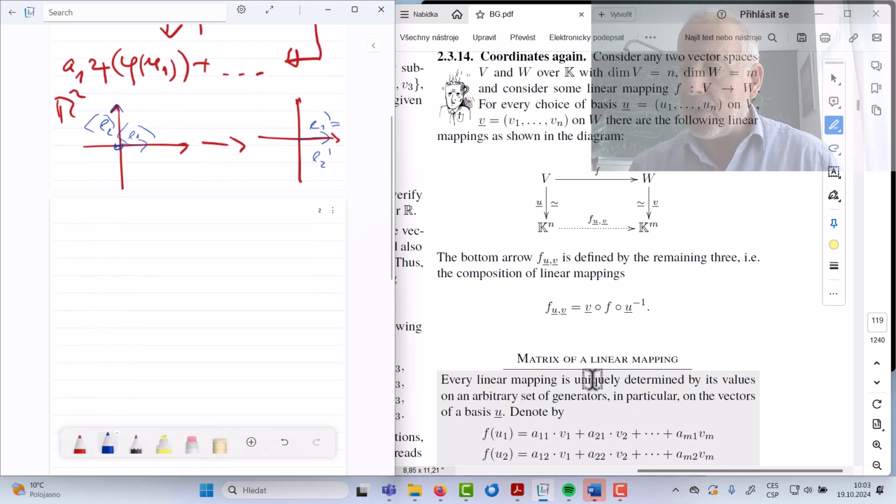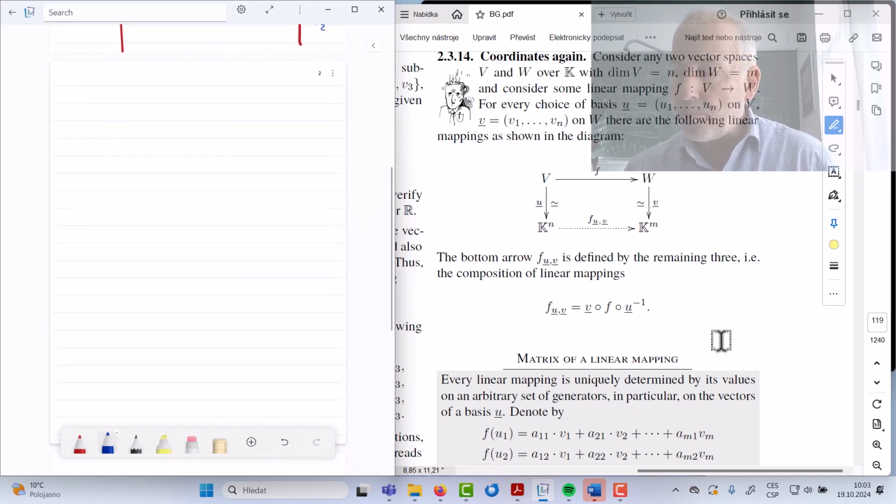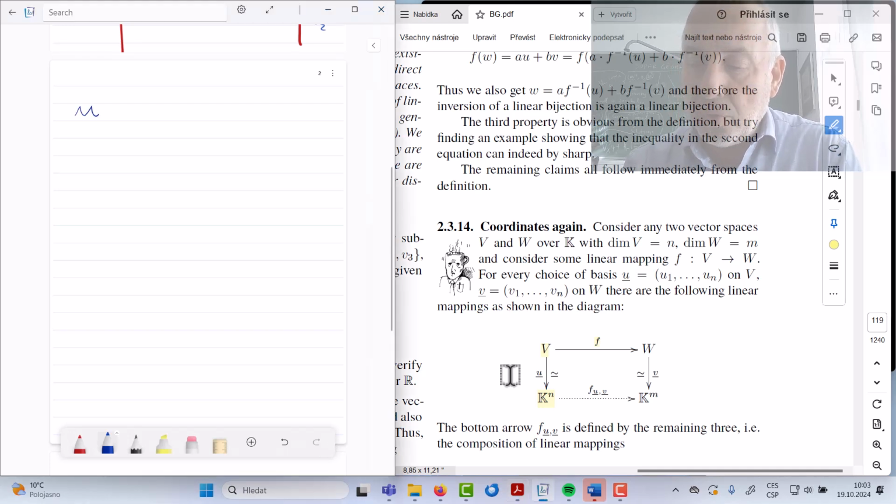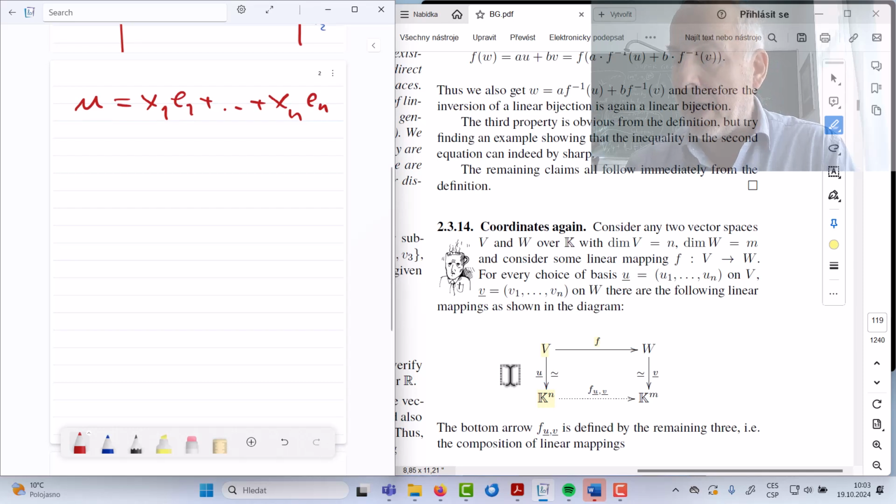So if we go to the coordinates again, first of all, let's notice that the coordinates of a vector in a basis are themselves a linear mapping, right? That's absolutely obvious because if you take a vector u, u equals, say, x1 e1 plus ... plus xn en, where n is the dimension and e1 through en is the basis, then this is mapped to